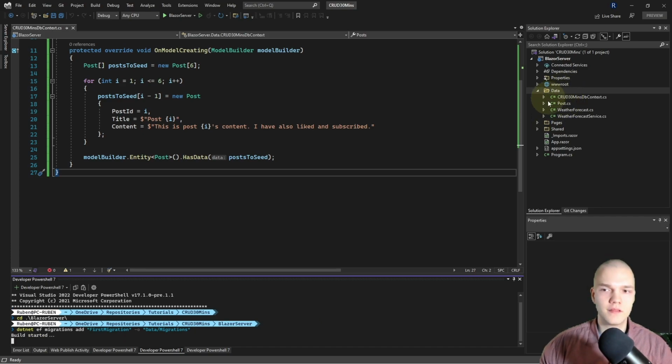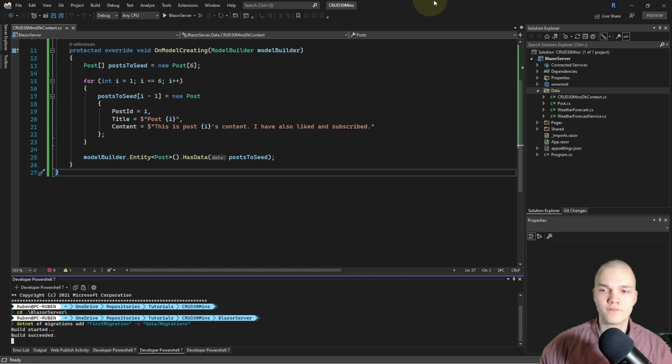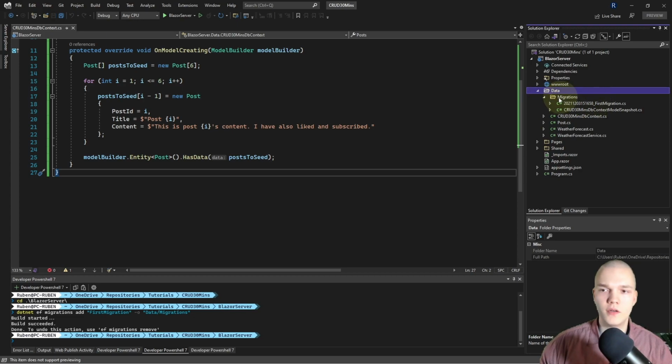And look at this Data folder. This is where they'll show up. There we go. We have a Migrations folder with our first migration in it and a snapshot. And normally you check these, obviously, but I've already tested this tutorial.